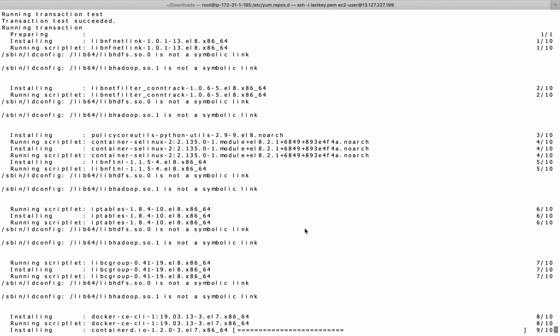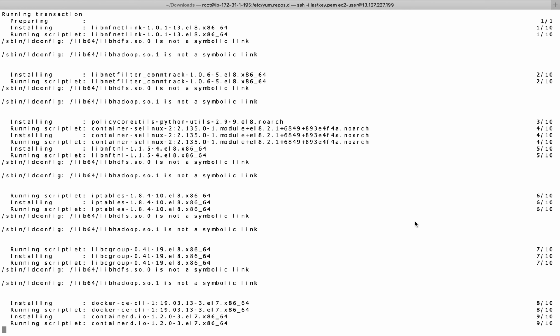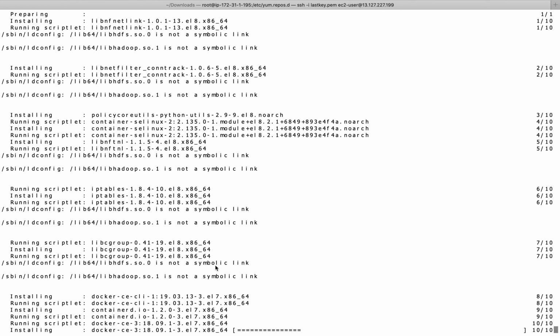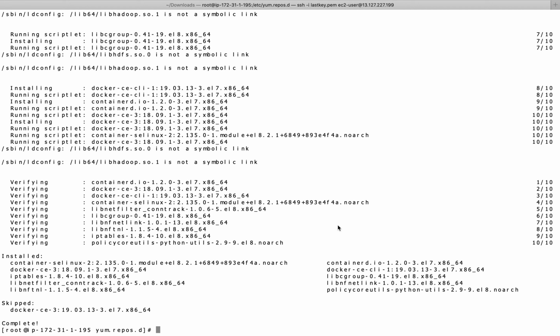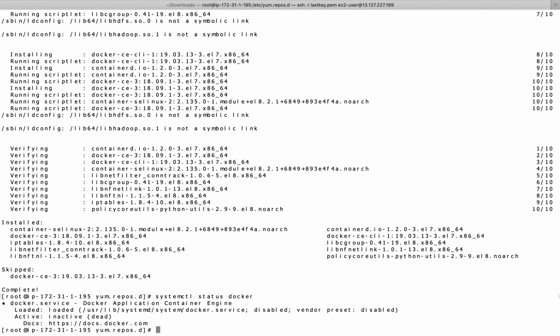The complete practical we are doing on top of AWS Cloud, and the OS that I am using currently is Red Hat Enterprise Linux version 8. Okay, so now Docker has been installed. Docker is now loaded, but it is in inactive dead state. So we need to start the service.